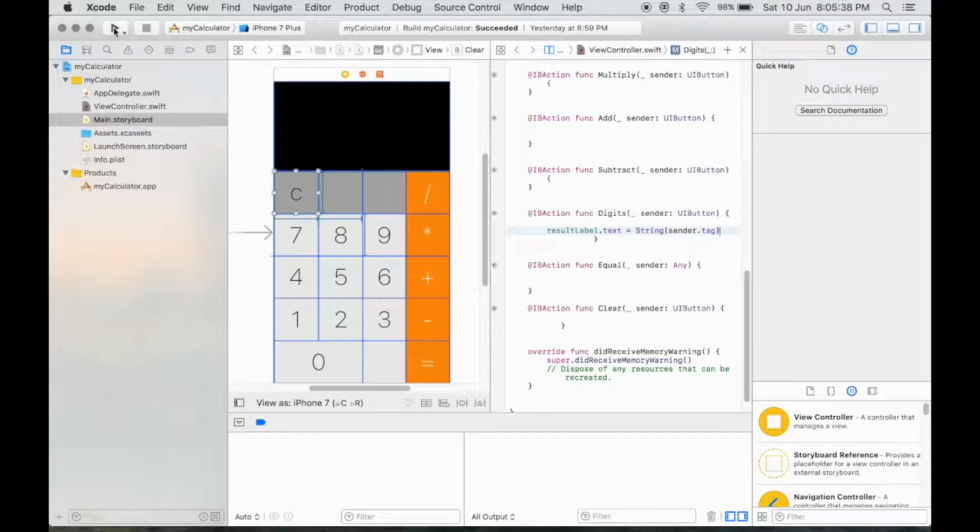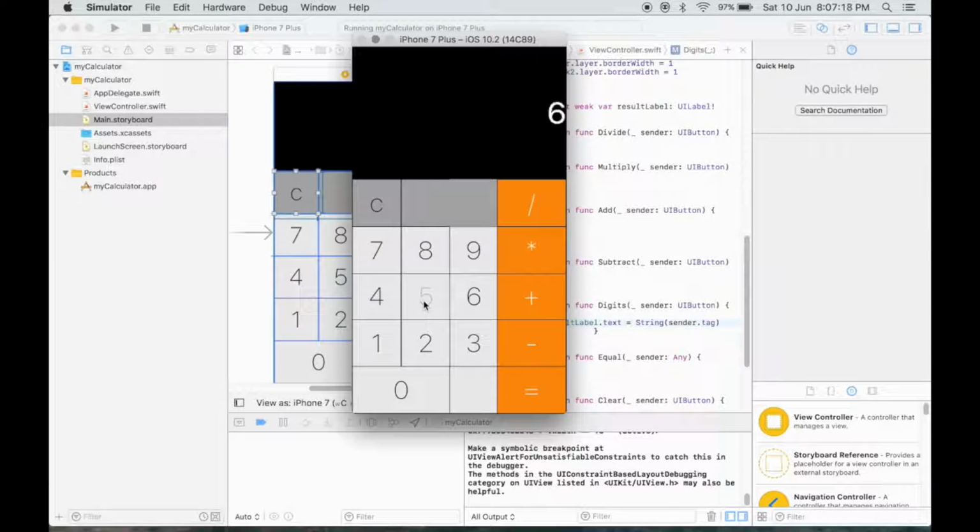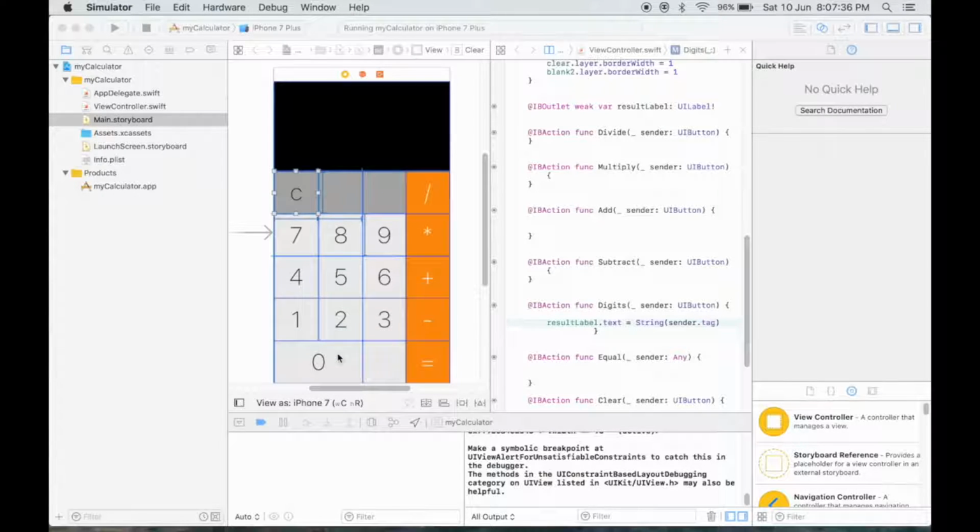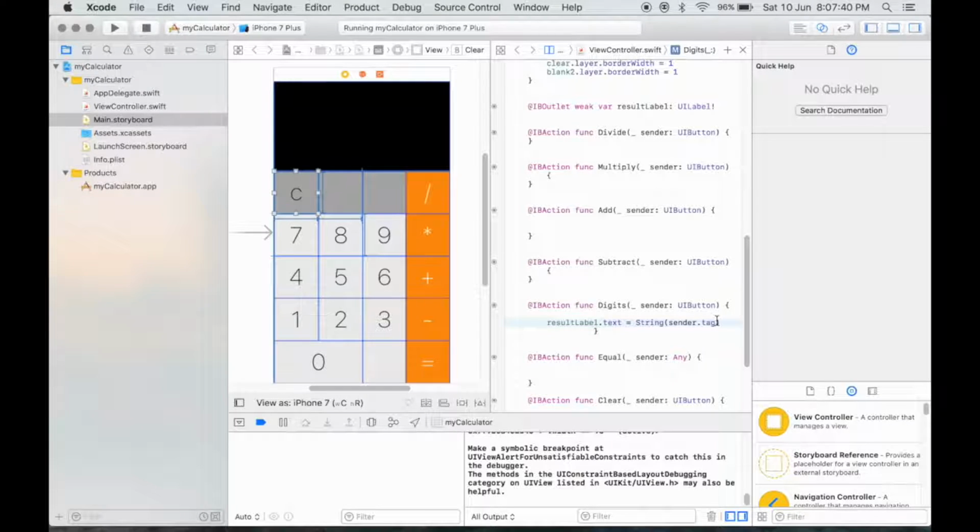When we run our app, we click on a particular number, and that number is displayed. If you see, I am clicking 6, so it's displaying 7. When I click 0, it's displaying 1. For 1, it is displaying 2. So we have given the tag number 1 higher than the actual number. So we'll say tag minus 1. And once again, we will run the program.